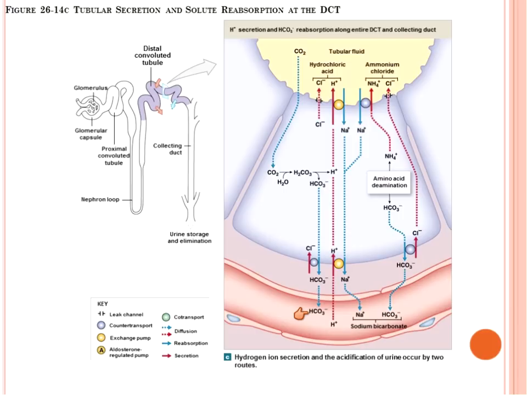And then we have some bicarbonates we will lose out, but we don't lose them out as bicarbonates. They go through a process of amino acid deamination, so the amino group will be lost out. And once again, we can lose out that amino group and bring back sodium in its place. Chloride ions, we can exchange the bicarbonate for that chloride ion, and it can go out as well. And then what we end up with here is ammonia chloride, which kind of gives this distinctive smell of